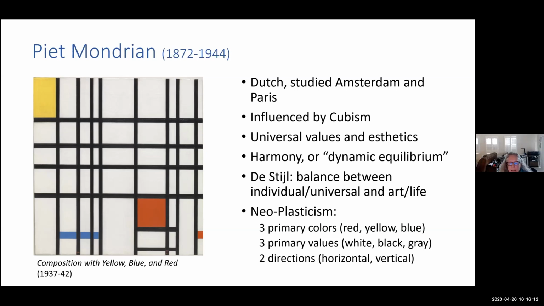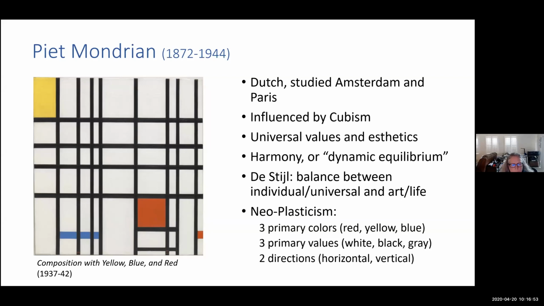So as you can see, I've written here, harmony and dynamic equilibrium were important to him. And he was part of the de Stijl movement, meaning the style. And he believed in the balance between the individual and the universal, and a balance between art and life. He developed this theory along with Theo van Doesburg on neoplasticism. And I've outlined here what that is. It's the use of 3 primary colors, red, yellow, and blue, 3 primary values, white, black, and gray, and 2